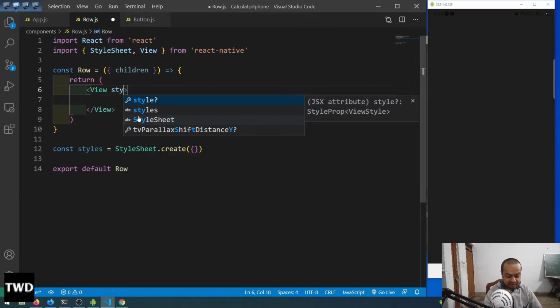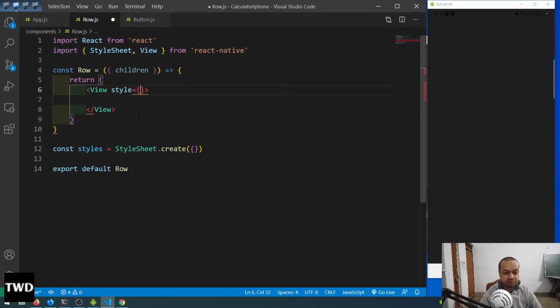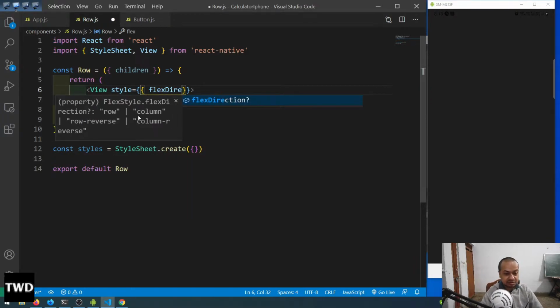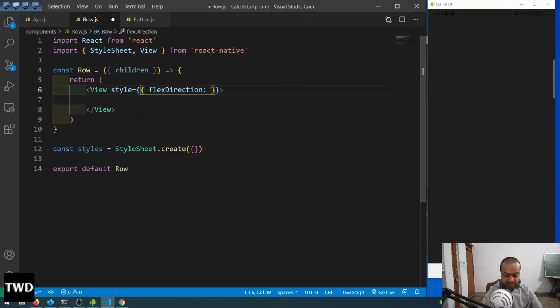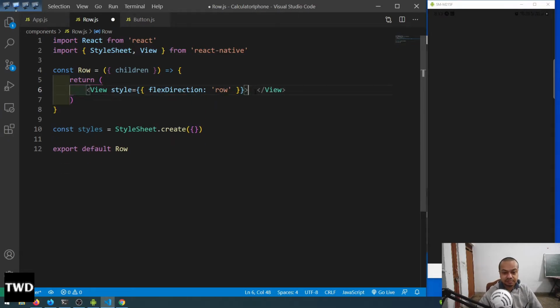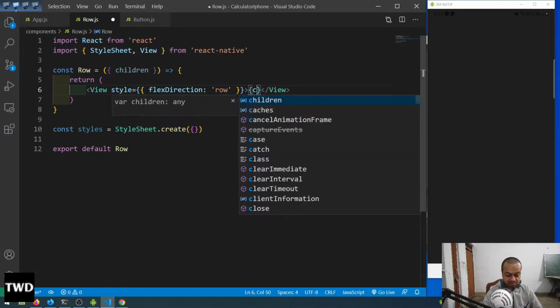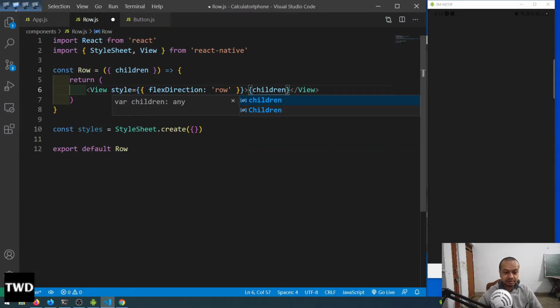I can have direct inline style also, like which we used to have in React. So we have to go double braces, flex direction is row, and here it will be children. Okay, save it,